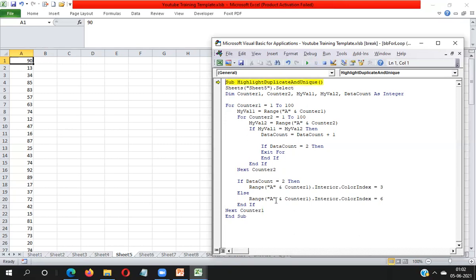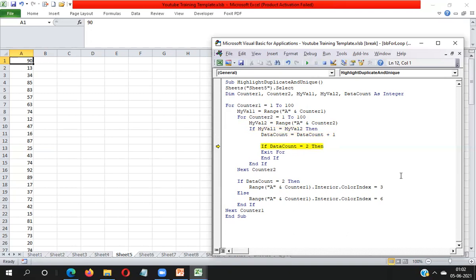Now let's see. The first value I received in myVal1 is 90. The same 90 will be checked in the entire data range. So again I have executed this second loop. Let's see, again 90 is here, so 90 is here, 90 is here. It means it will execute this line.